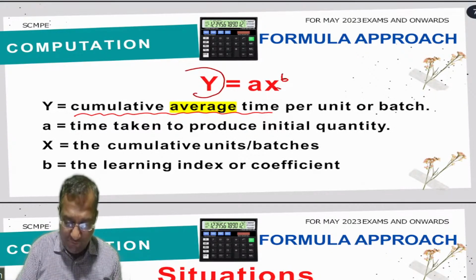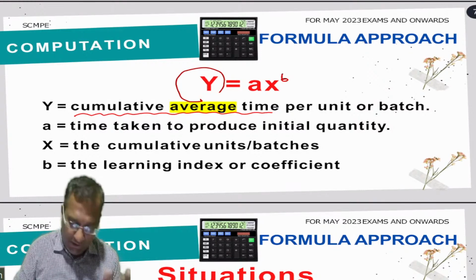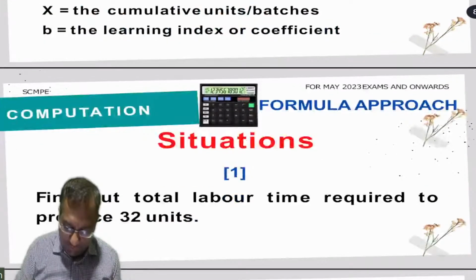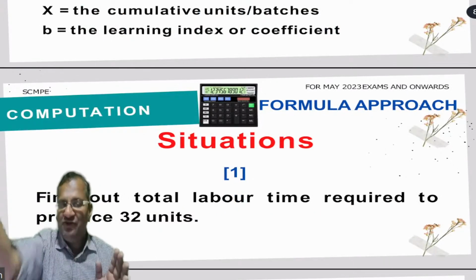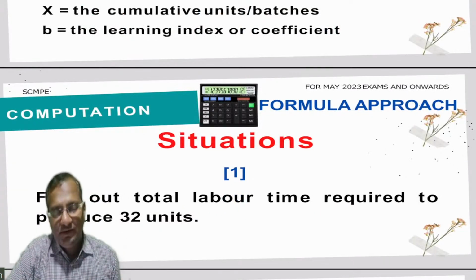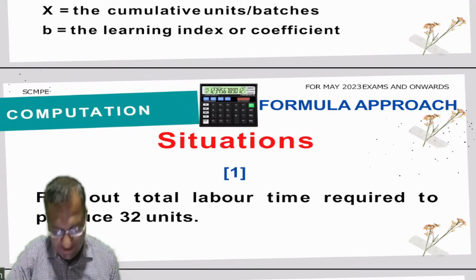So the answer we will get is average time taken by 32 units. But we require the total labor time required to produce 32 units. So the answer of the first step, then in step number 2, that will be multiplied by 32 units to get the total time required